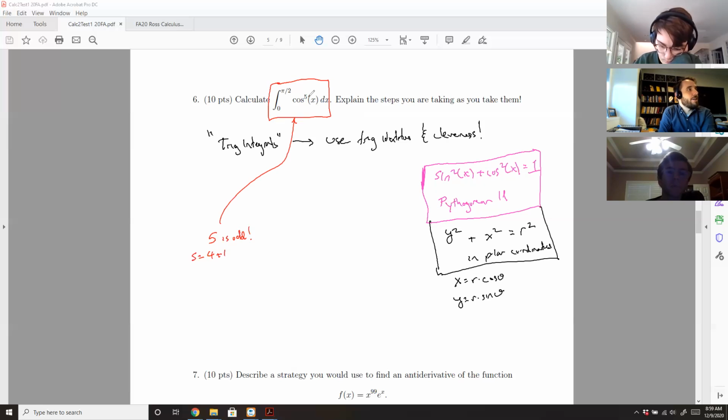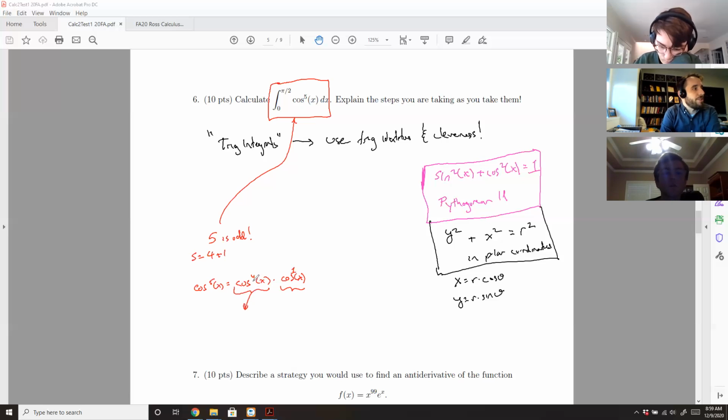And this means that the cosine to the 5th of x is really equal to cosine to the 4th of x times cosine of x. Our rules of exponents say that that's cosine to the 4th times cosine to the 1st. And our goal here, our sort of clever goal, was to recognize that we could peel off a single cosine and have it off to the side,